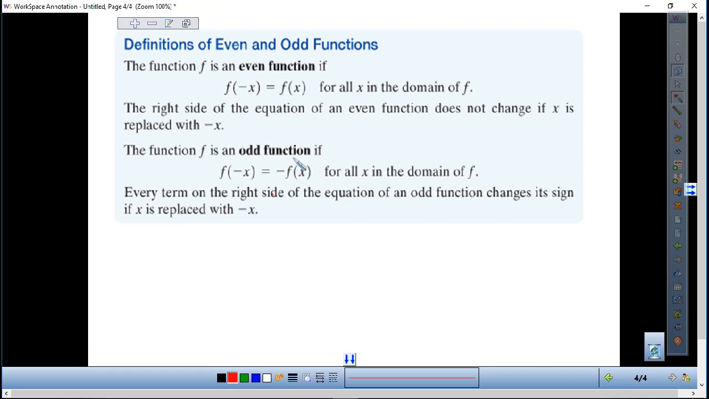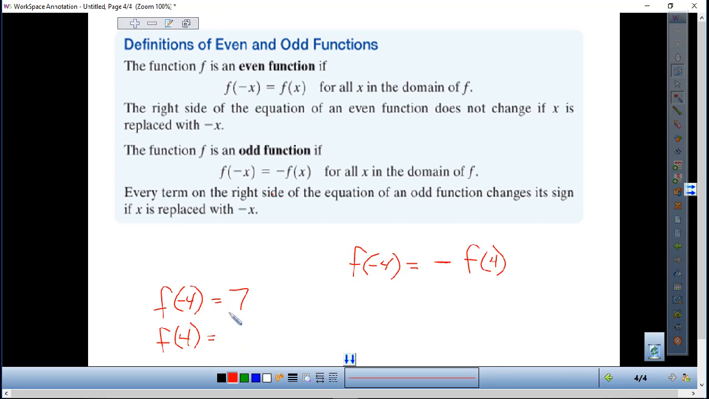The function f is an odd function if f of negative x is equal to negative f of x for all x in the domain of f. Now, similarly to what we did up here, this says that if I plug in a negative value, if it's an odd function, I'm going to end up with the negative or the opposite of what I would have gotten had I plugged in the positive number. That's it. So let's say that f of negative 4 equals 7. If it's an odd function, f of 4